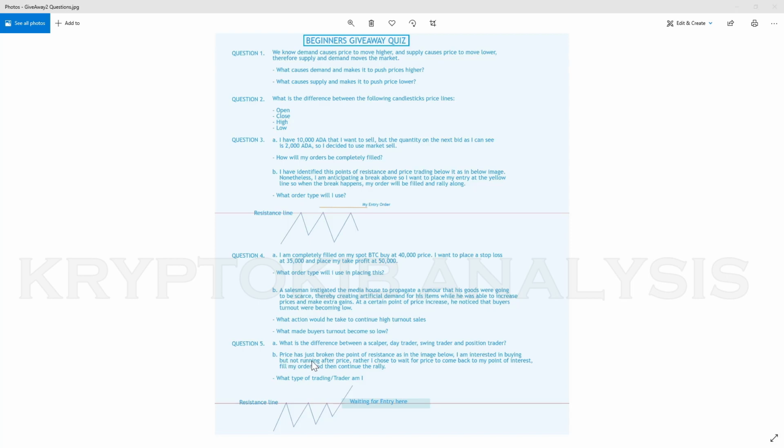Then the last one, price has just broken the point of resistance as in the image below. I am interested in buying but not running after the price, which means I don't want to chase the price. Rather, I choose to wait for price to come back to my point of interest to fill my order and then continue the rally. What type of trading or trader am I? This is simple. Somebody said conservative trader. You are being conservative in the sense that you do not chase the price. Like,